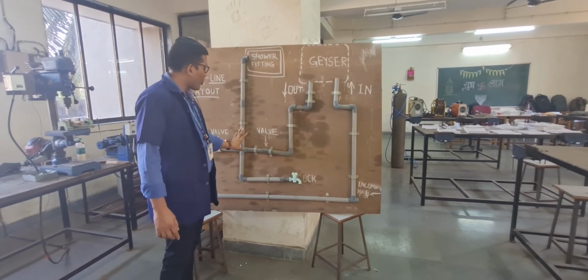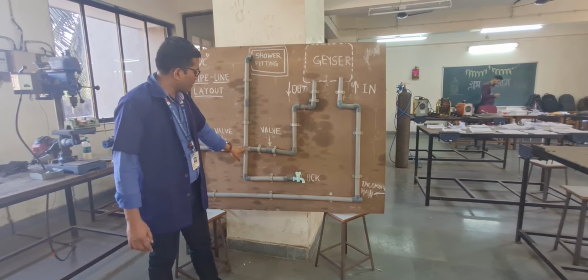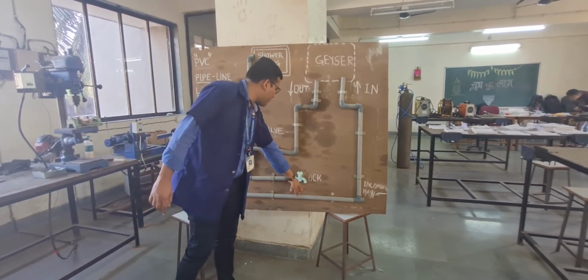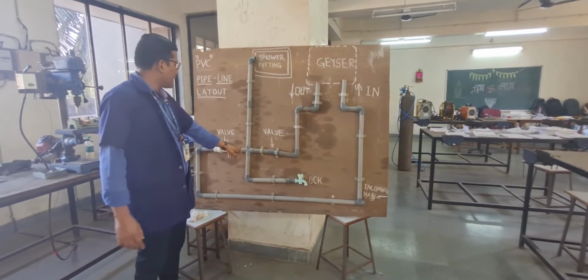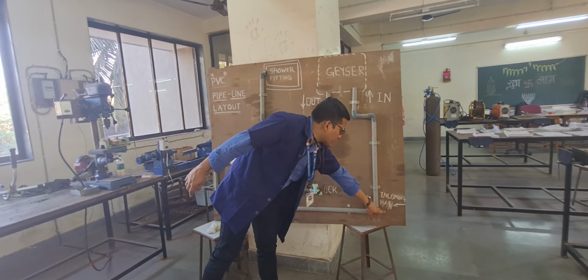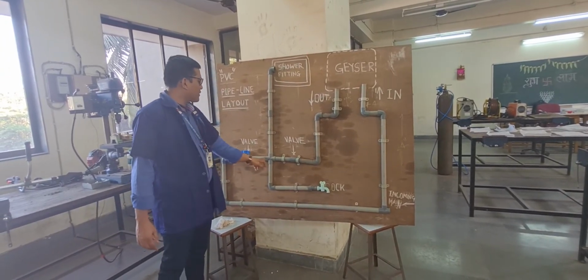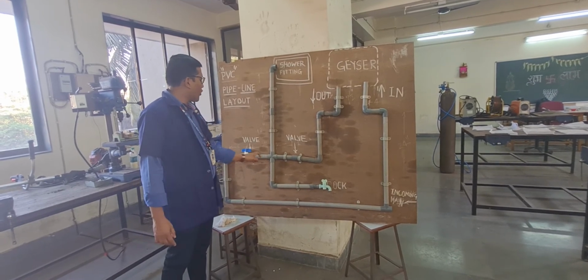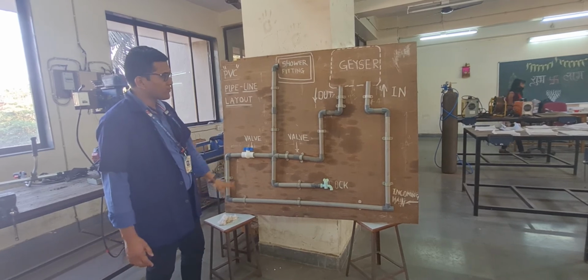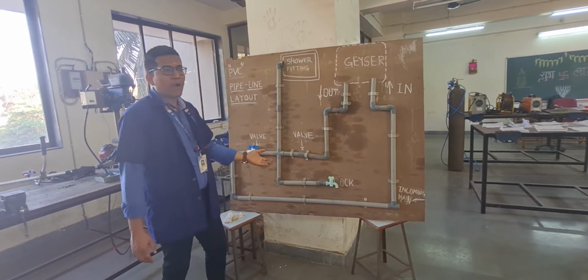If we require hot water from the tap, this is the flow of the water from here, and from the cross it also flows to the tap, so we get water from this tap. This T is also a connection of 3 pipes: first, second, third. Cold water also comes from this direction, and we get cold water flow from the shower. So we get cold water and hot water simultaneously. So this is the main layout of the pipe fittings.